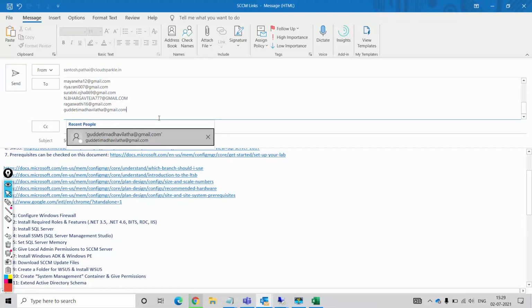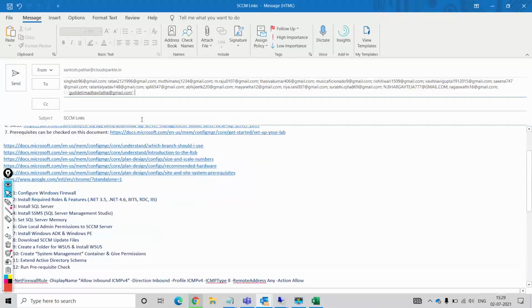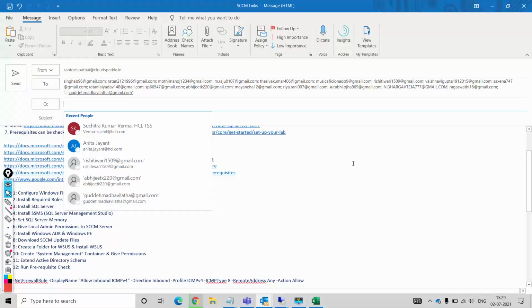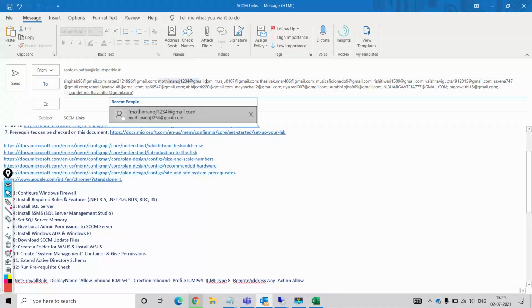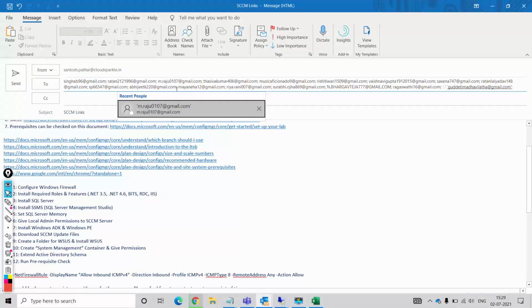Whosoever is not able to open Gmail on the HCL laptop can forward from your Gmail to your HCL ID. I'll remove Devendra and Moti Manoj.